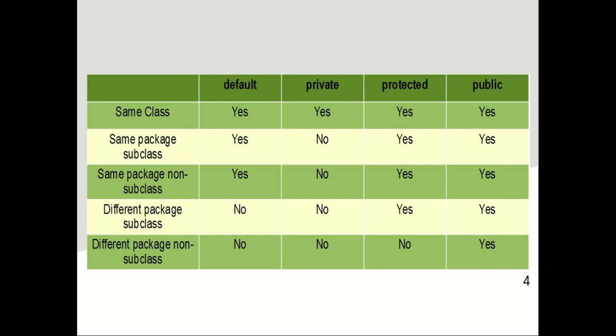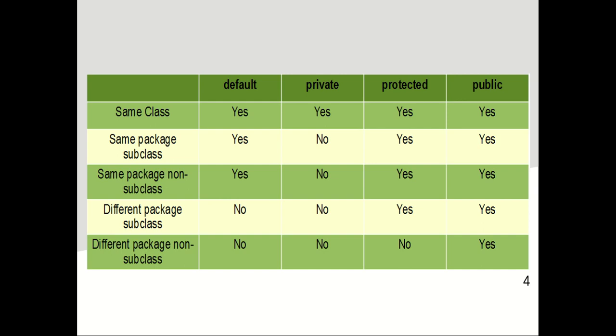The third access specifier is protected. This is basically used for inheritance purposes. Whenever members are defined in the superclass and inherited by the subclasses, we specify them as protected, which is a specifier in between public and private. And the fourth one is the public specifier. Whenever members or any elements are defined with the public specifier, they are accessible throughout our applications.